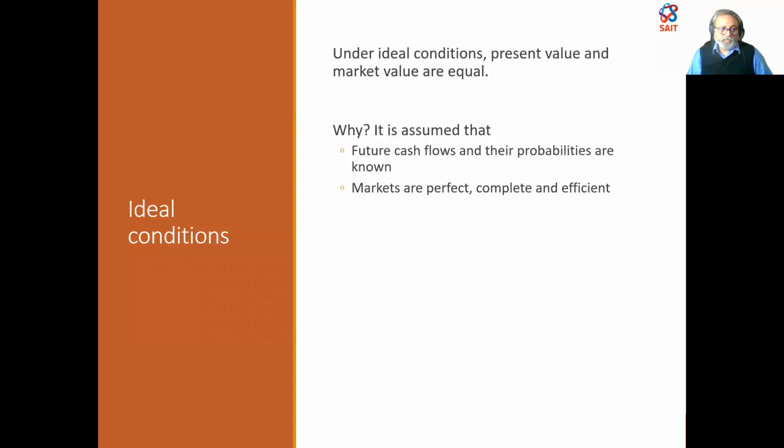We also assume that markets are perfect. Now that is an assumption from microeconomics. Markets are perfect, which means no single individual can impact the market prices. There's no single party that has so much power so as to affect the market rates of return. We also assume that the markets are complete. So there's no seepage out, there is no wastage in any form, there's no friction, and that the markets are efficient. And we will be exploring these notions in more greater detail in chapter 4, but suffice it to say